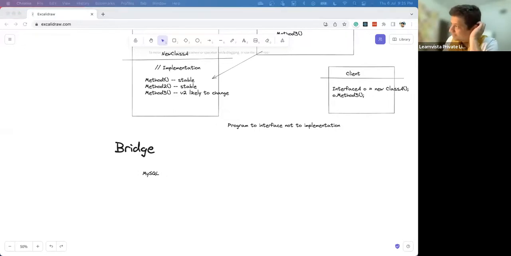Since there are different kinds of databases, I'm using this example, because files are always the same, right? But yes, XML or JSON I can use as an example. So that could be another example. So what we are doing is we have a bridge pattern. We have this situation that